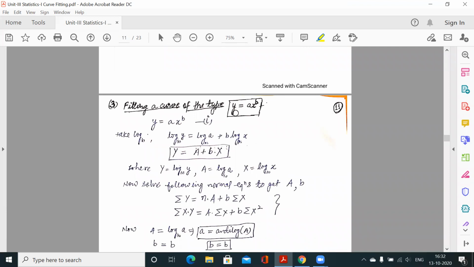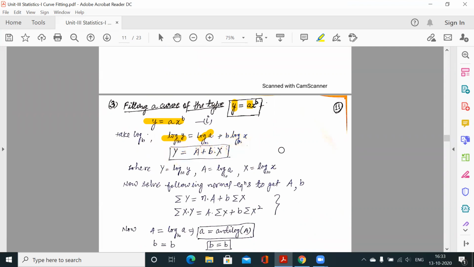Another curve of exponential type, y is equal to a x to the power b. Clear? Here also what we have to do, first take log y, log a, this is b into log x. Now we have to convert this, because we have to find one straight line, and straight line is what? It must be in the form of y is equal to a plus bx. Clear? So this is log y, so we have to convert this as capital Y. This is log a, so we have to convert this as capital A. This is log x, but we have to keep the variable here. So variable is log x, so we will keep this as capital X. B is b. Clear? So this is our straight line,